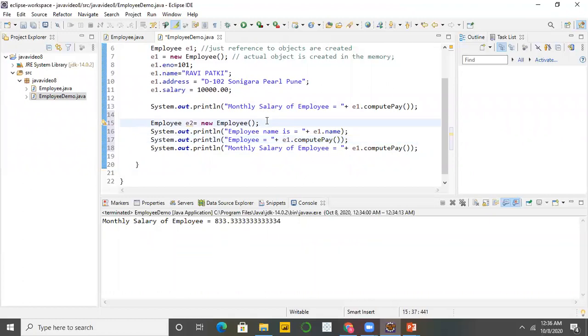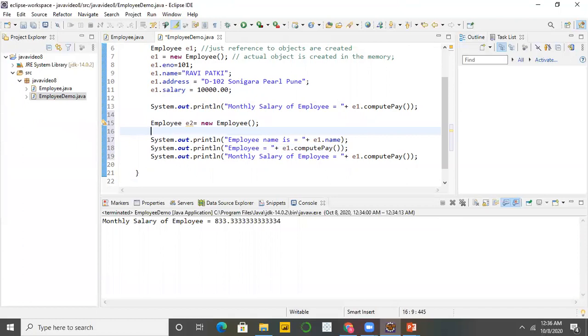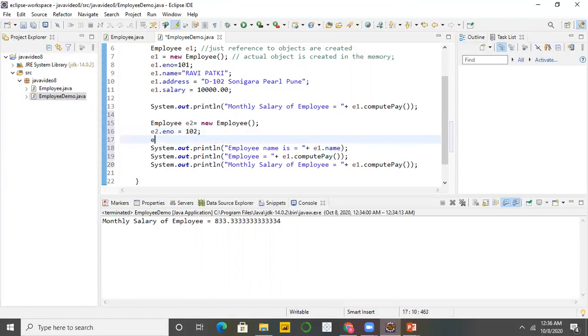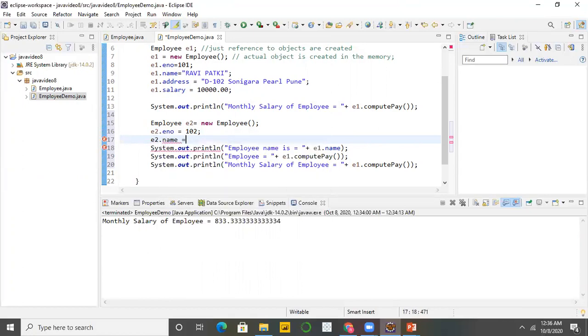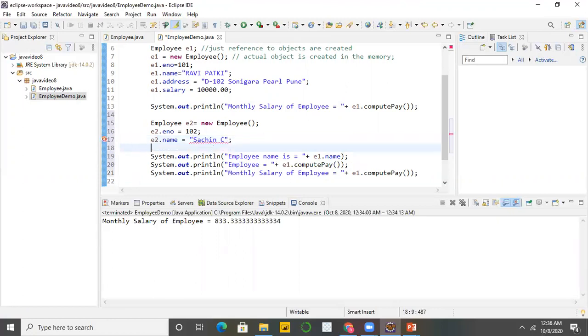First I'm initializing all the E2 things. E2 dot ENO equal to 102. E2 dot name equal to Sachin C, give double quotes, semicolon.